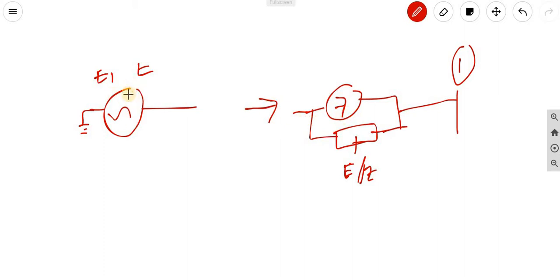For the generator source, we are interested in the current injecting into the bus. How much current is injecting into this bus, from this bus to this,